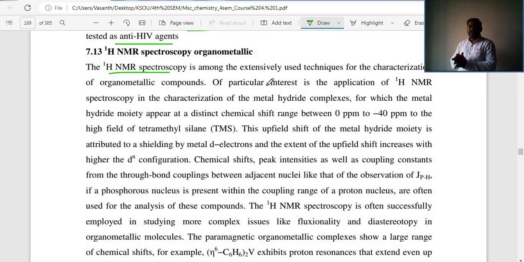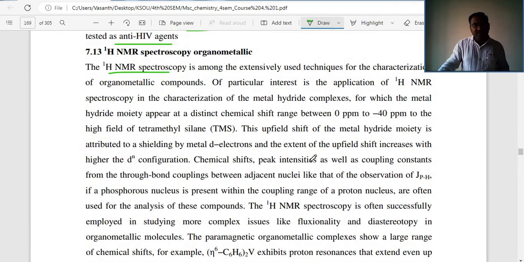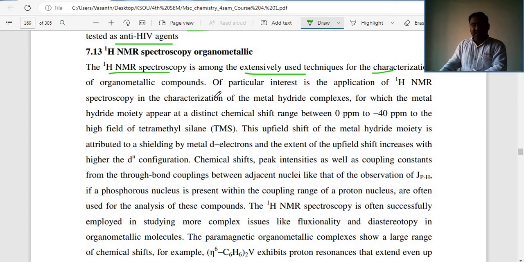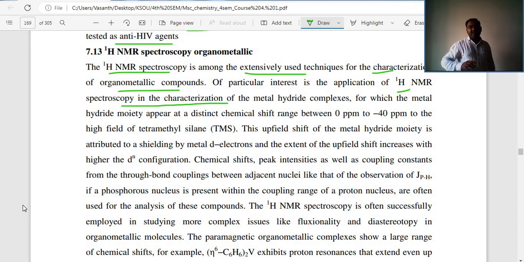What is the importance of proton NMR spectroscopy in organometallic compounds? We consider that here. Proton spectroscopy is among the most extensively used techniques for the characterization of organometallic compounds, which contain carbon, metal and halogens. Of particular interest is the application of proton NMR spectroscopy in the characterization of metal hydride